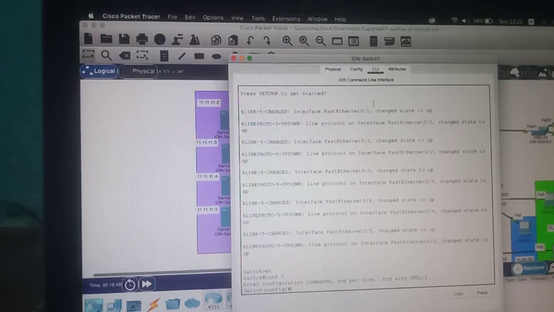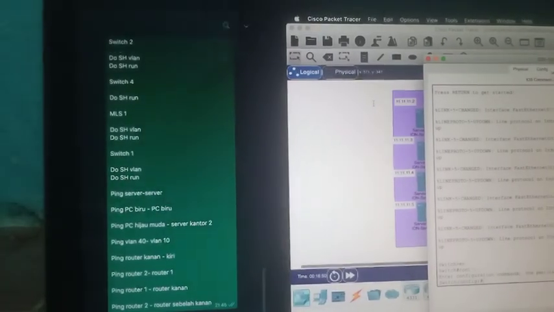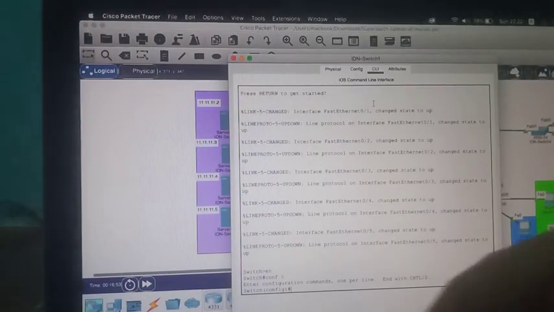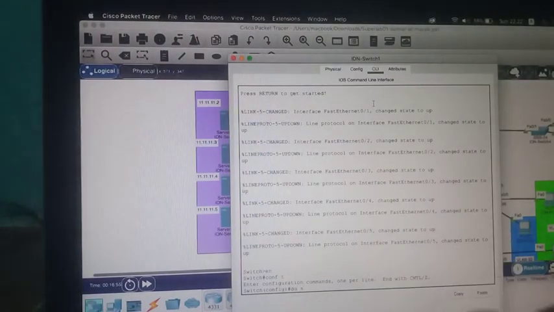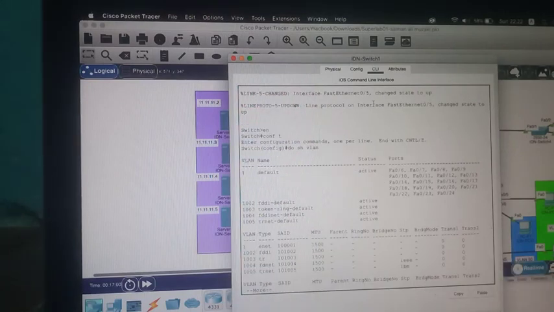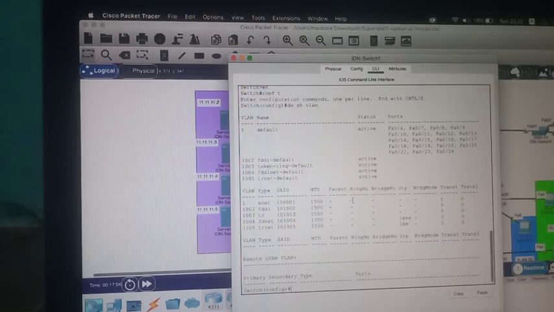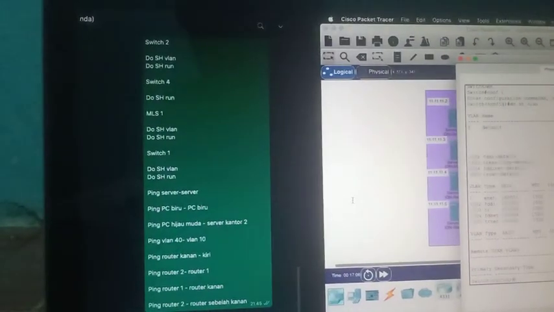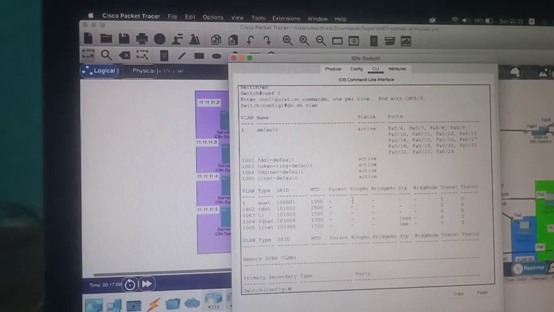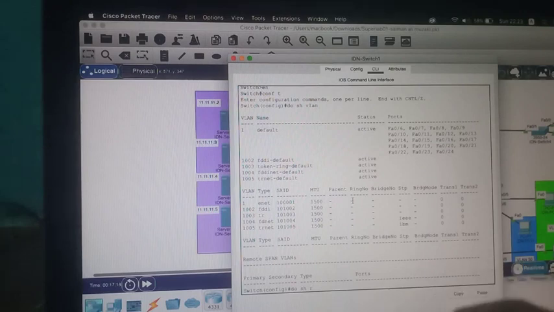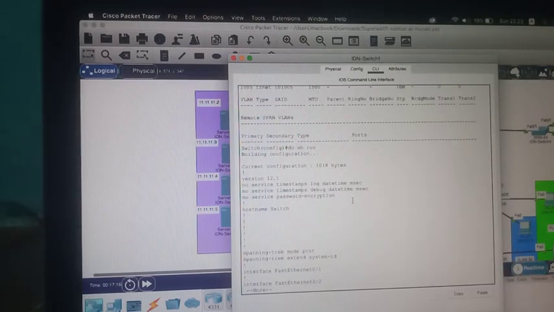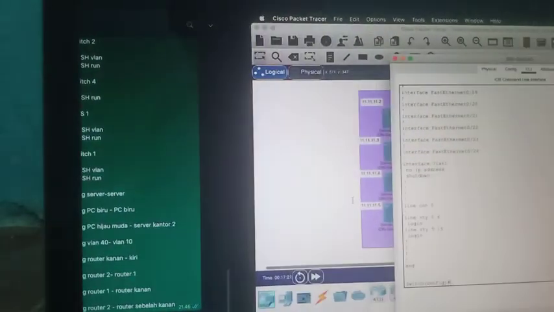We do show VLAN, the VLANs are active, and then do show VLAN and do show run. Then we can go next to ping.